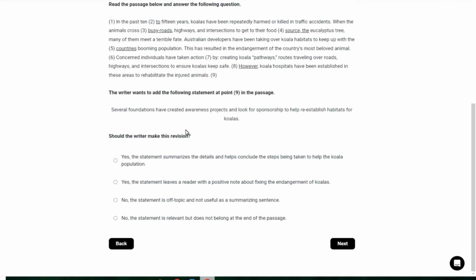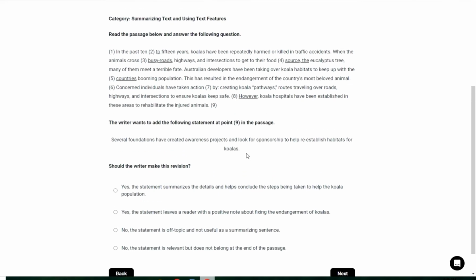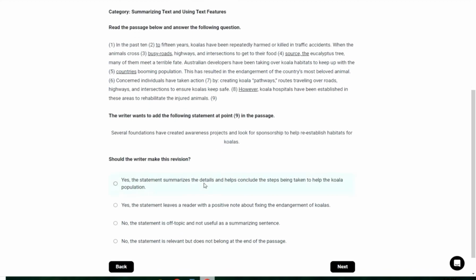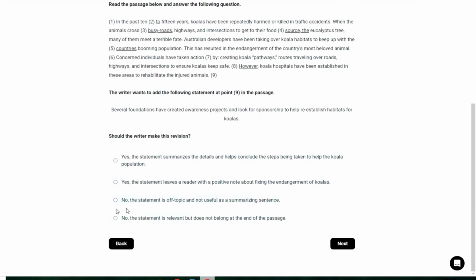All right. Here we go. So, let's see. Again, think about this in our head. Think about what we're adding, and it helps eliminate two choices right away. Several foundations have created awareness projects and look for sponsorship to help re-establish habitats for koalas. Now, is this passage talking about re-establishing habitats for koalas? And the answer you should be yelling is yes. It is talking about how can we help koalas. And so right away, like I said, make that distinction. It's not going to be no. It has to say yes because